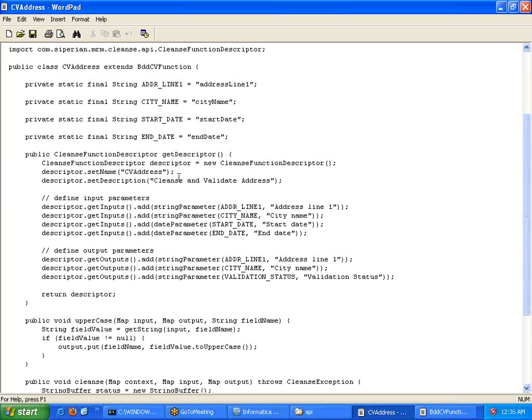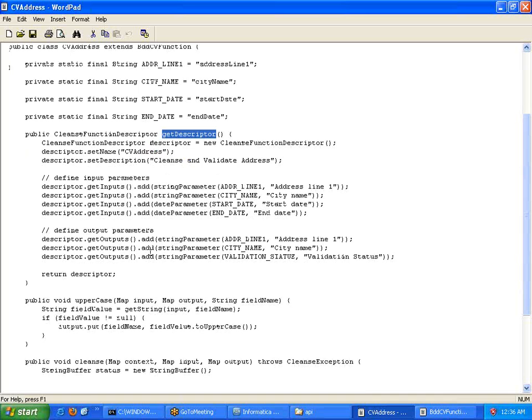First, we need to take care of the get descriptor method, which means this method will be used in order to take care of reading the input parameters from the console and writing the parameter values to the console. These are the two things we do within this get descriptor method, right?